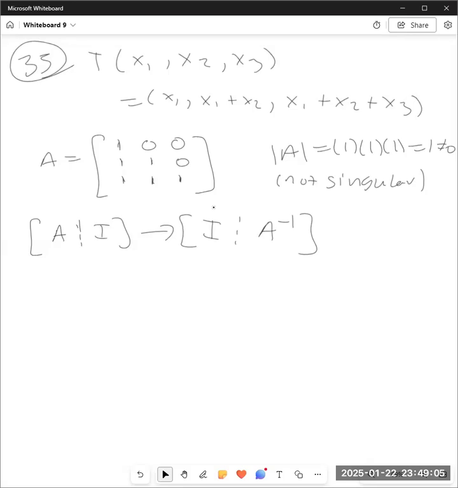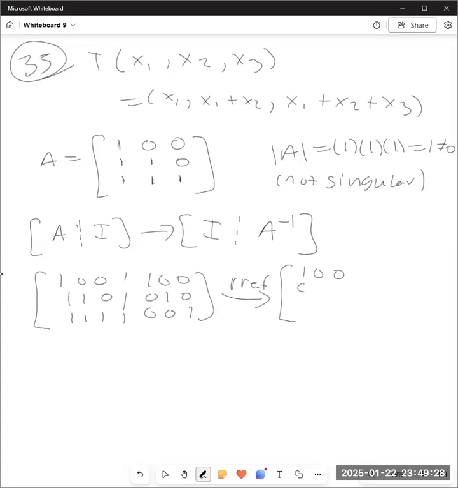I'm just going to use some technology to do that. So set this up as 1, 0, 0, 1, 1, 0, 1, 1, 1, 1, 0, 0, 0, 1, 0, 0, 0, 1. And I want to RREF that. I'm going to get 1, 0, 0, 0, 1, 0, 0, 0, 1 on this side. And on this side, I'm going to get 1, 0, 0, negative 1, 1, 0, and 0, negative 1, 1, like that. So that tells me that my inverse of my transformation here